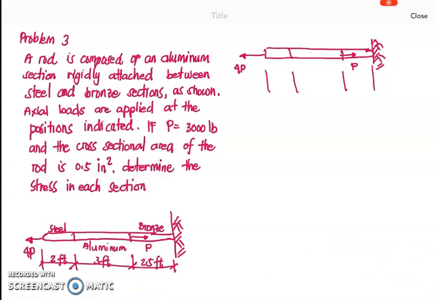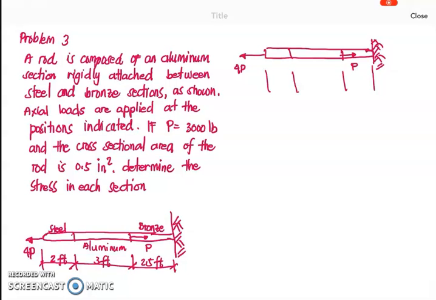Okay, let's have problem number 3 for the normal stress. The problem states that a rod is composed of an aluminum section rigidly attached between steel and bronze sections as shown in our figure. Axial loads are applied at the positions indicated. If P is 3,000 pounds and the cross-sectional area of the rod is 0.5 inches squared, determine the stress